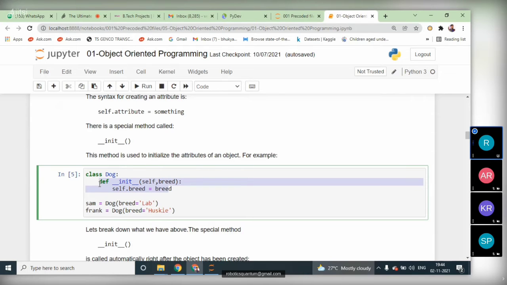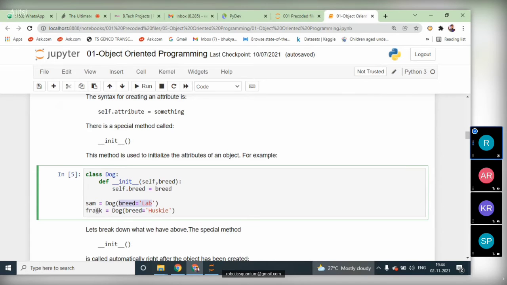That is a very important point you have to remember. The constructor will be executed at the time of object reference variable creation. Here we are creating an object for the class of Dog, so at that time this constructor will be executed automatically. That means the instance variables will be created. For that instance variable we are passing a value, that is lab.